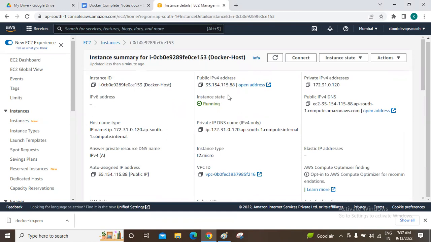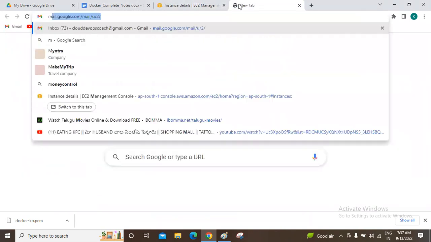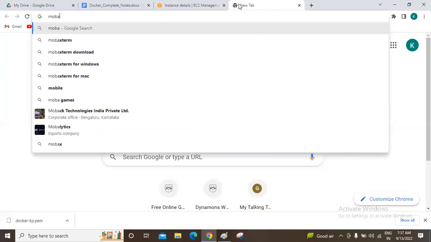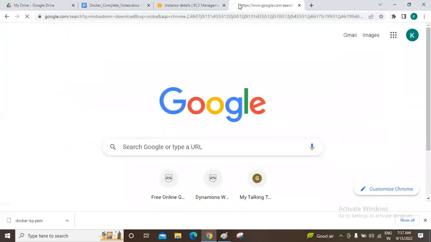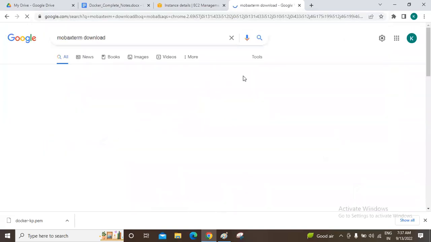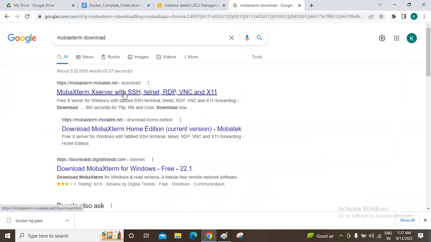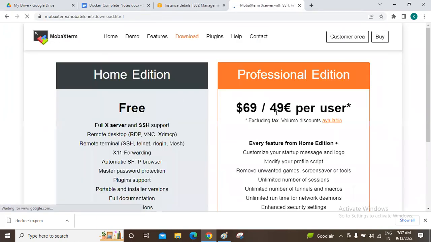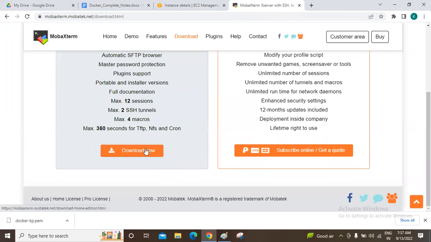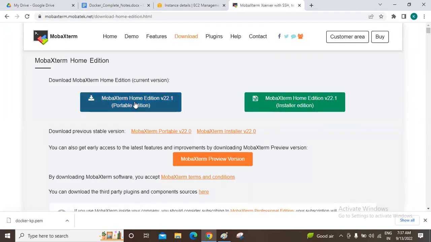I recommend you install MobaXterm. How to install MobaXterm? I will give it in our class notes, or else you just search for MobaXterm download. Click on the first link, click on download now, and click on the portable edition.